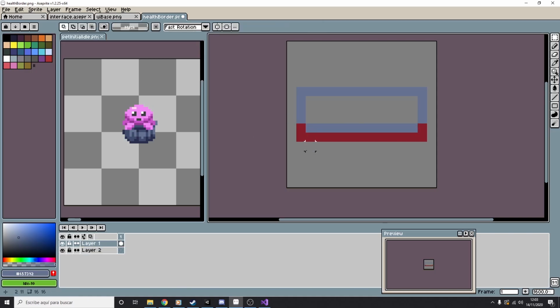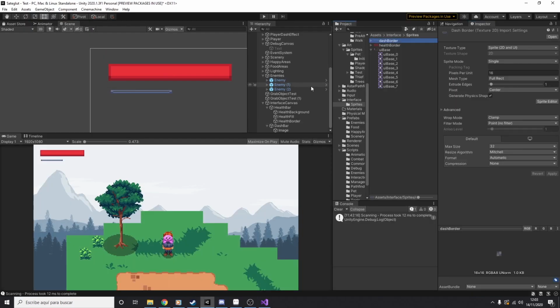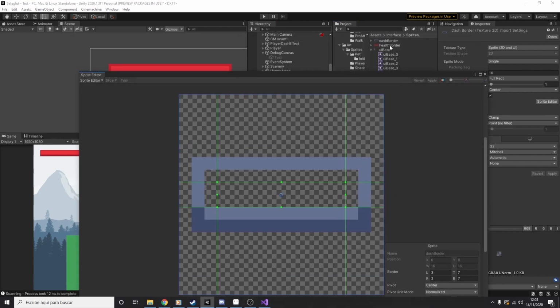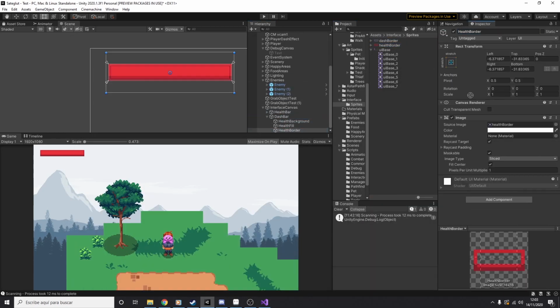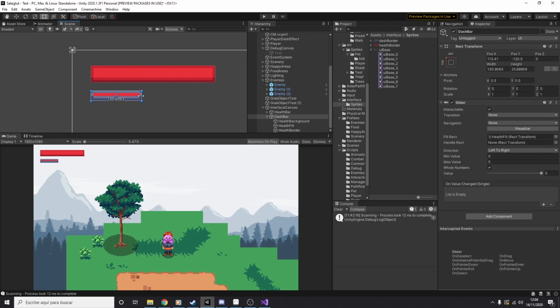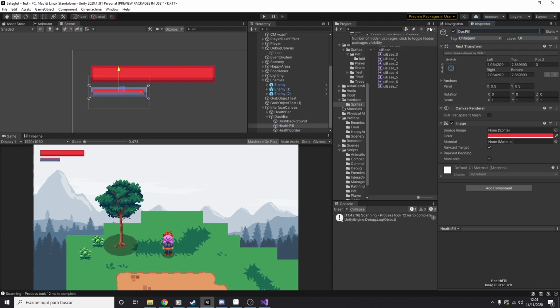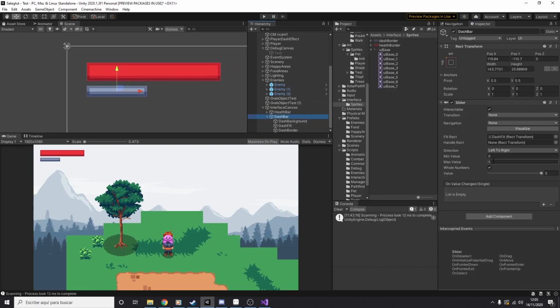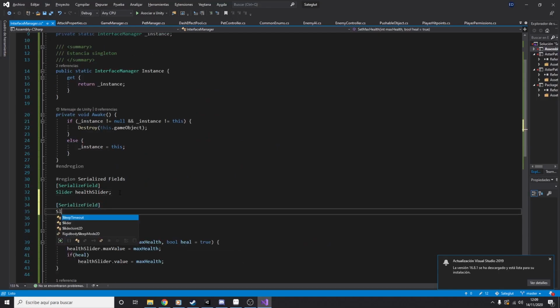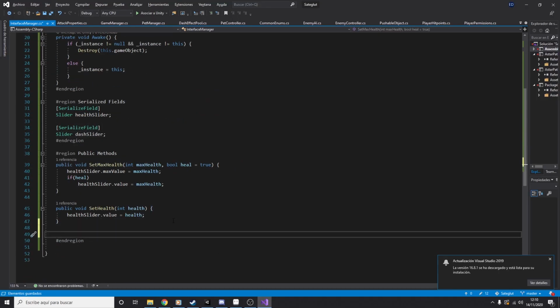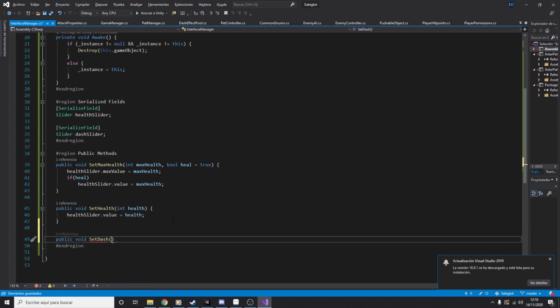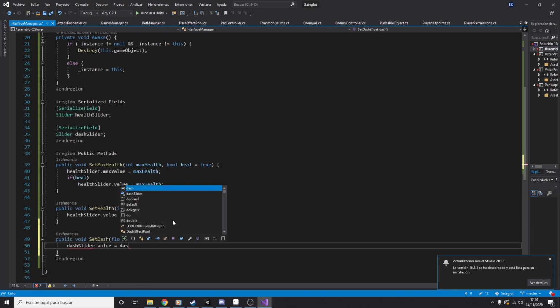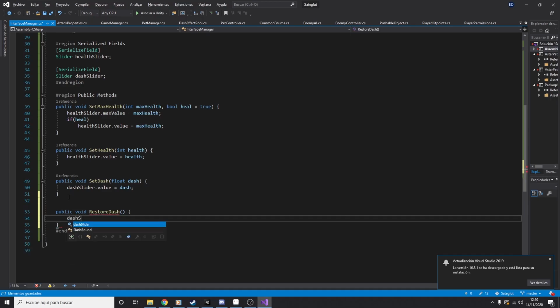I recreated this effect for the dash bar, but it will act a bit different. When the player is able to dash, the bar will be full, but when there is a cooldown on the ability, the bar will show how much time is left before being able to use the dash again. However, the functions I needed for this bar were similar to the health bar. I reset the max value of the dash bar to 1 and use a scale of 0 to 1 to indicate the cooldown.